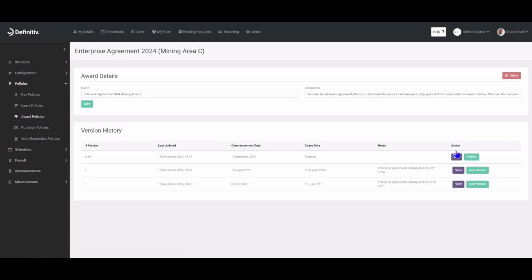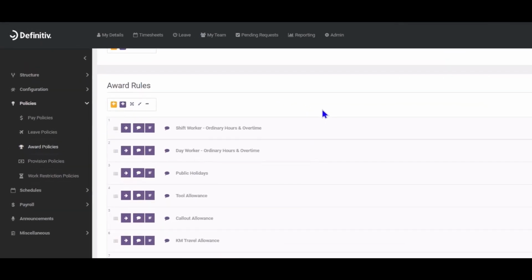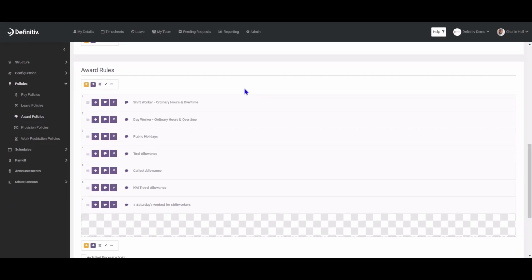We often find within the mining industry that enterprise agreements are prominent. Enterprise agreements often go through periods of renegotiation, and often as part of that renegotiation, there'll be a backdated agreement applied to that. Definitiv is very flexible in terms of its award engine capabilities, and we're not governed or stuck simply by modern awards. We build awards out per client during the implementation by understanding the awards relevant to the business and understanding their interpretation of the awards, which can often be very different to another business's interpretation.